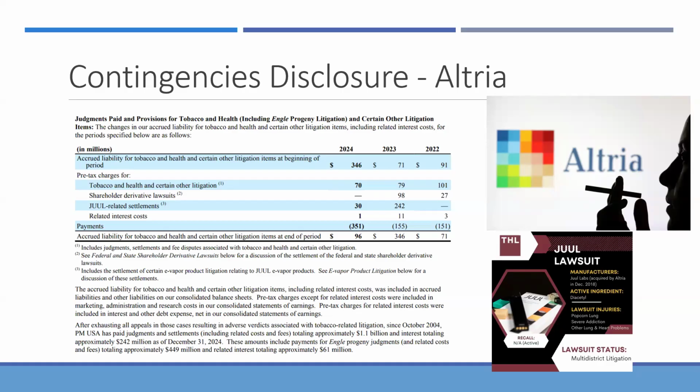So what they record is, at the beginning of the year they had 91 million, and then they recorded additional lawsuits, and then they record the payments that they pay out every year, and then they have the accrued liability at the end. And then they also disclose various amounts as to why they're getting sued for certain things,